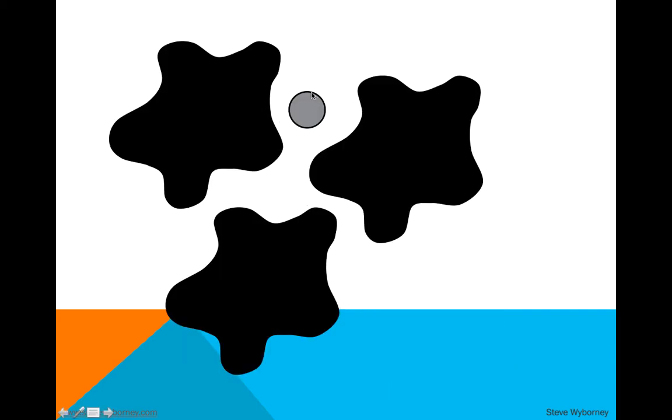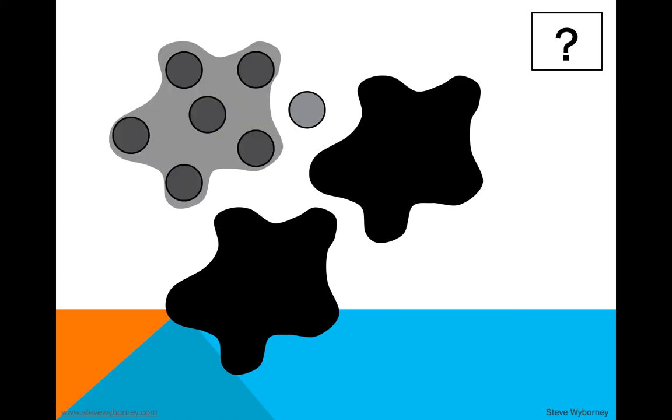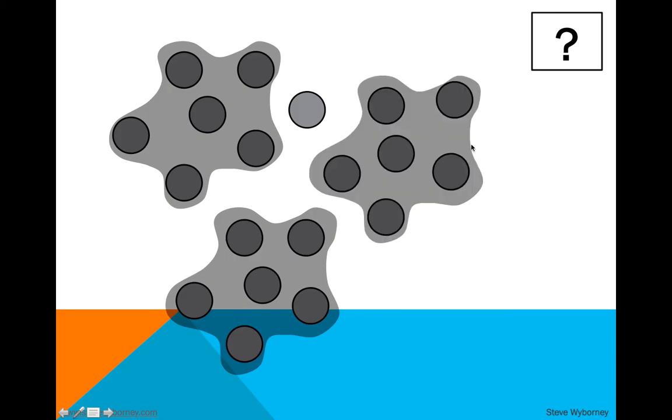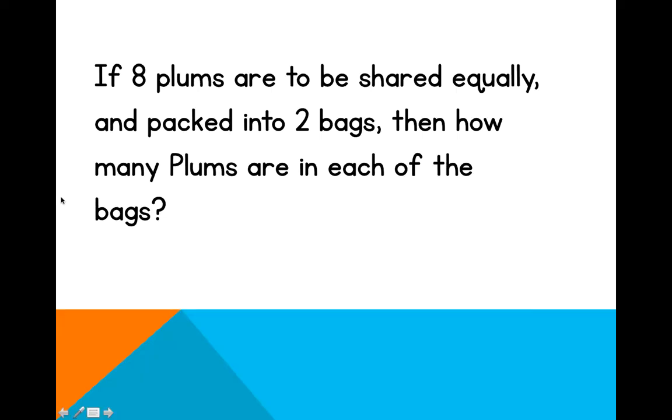Let's try another one. Okay, only 1 is showing. Okay, there are 6 underneath each splat. 6, 6, 6. So you have 6 plus 6 is 12. Good. Plus 6 more is 18. Plus the 1 is 19. Very good. Okay, so if 8 plums are to be shared equally and packed into 2 bags, then